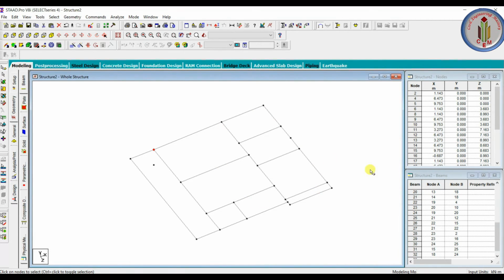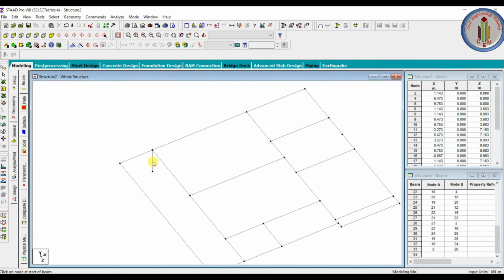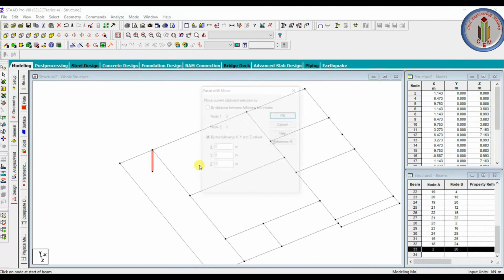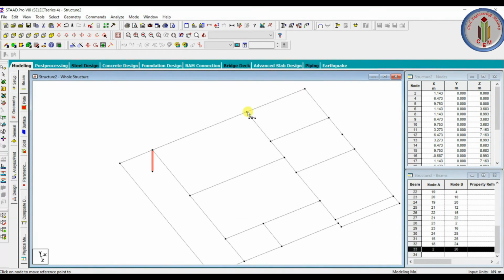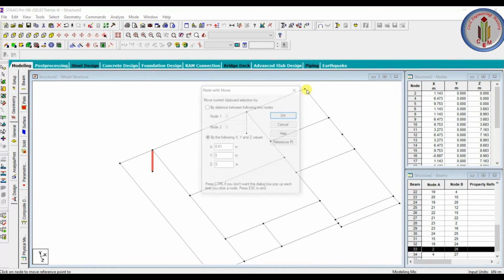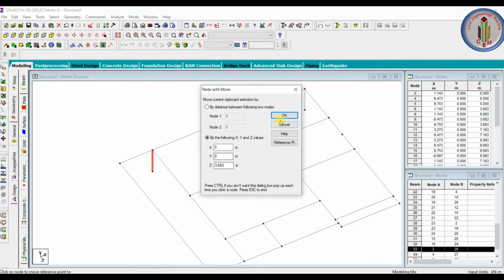So let's keep this one as a base level, like plinth level, and then here let's connect the column. Okay, next let's copy this one and then paste it everywhere. Like this one we can keep it as a reference point and then we can paste it like this. It is easy. And again we have column here, here on column, here on column.